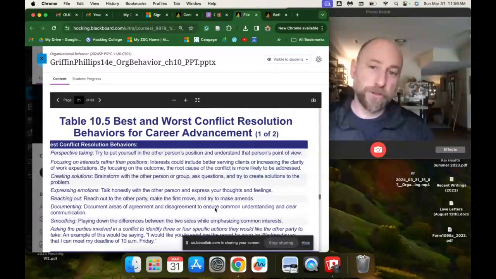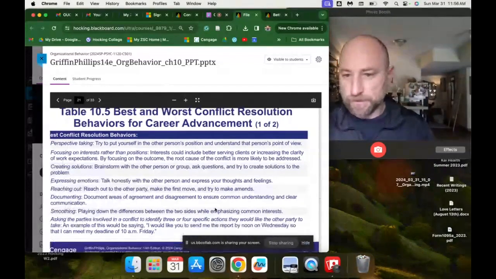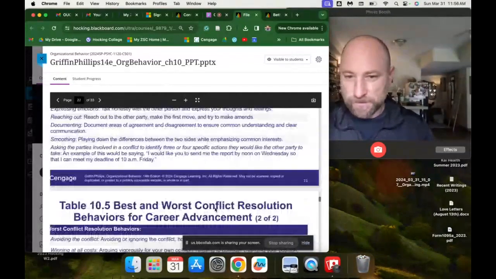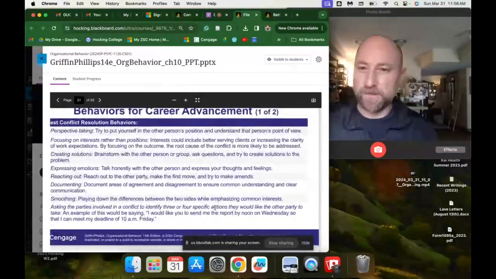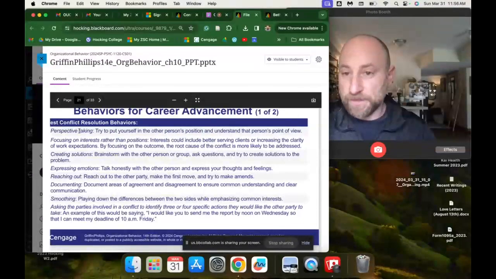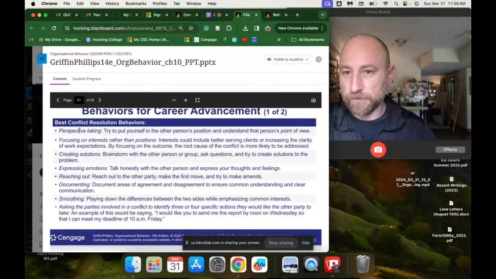Best and worst conflict resolution behaviors for career advancement. Just print these out and put them up somewhere and read them a bunch of times so you memorize them. They're that useful. So, best conflict resolution behaviors: perspective taking, focusing on interests rather than positions, creating solutions, expressing emotions, reaching out, documenting,